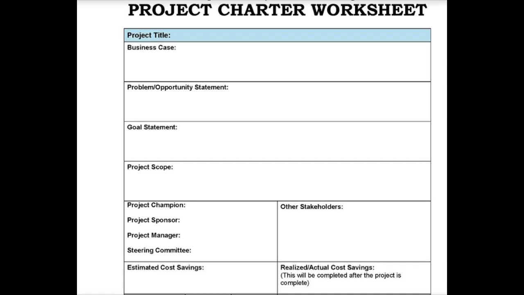And there's a lot of different ways to manage your project. One way is with a project charter. So here's a sample project charter worksheet, and I'm going to go through this with you guys. There's a copy up on Blackboard, blank copy for you if you'd like to use it for your own course project, but I'm going to go through it with a project that I'm doing right now, which is my graduate